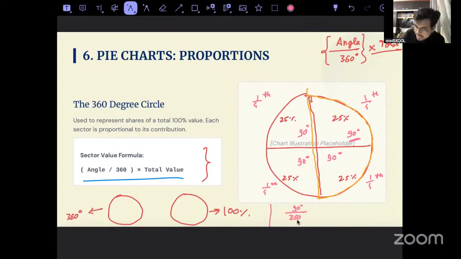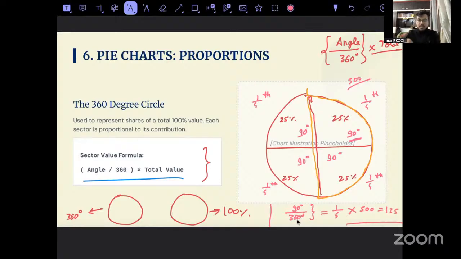So ये 90 टोटल का कितना पार्ट है? एक सर्कल है या एक पिज्ज़ा है, उसका 1/4 पार्ट कितना पार्ट, मतलब उसका जो 90 डिग्री वाला पार्ट है, that is how much part of the whole pizza. So 90 degree upon 360 degree is 1/4. 1/4 total value इसकी मान लेते हैं कुछ 500. 1/4 of 500. So 500 divided by 4 is how much? 125. So this is 125. So this is how you interpret a pie chart.